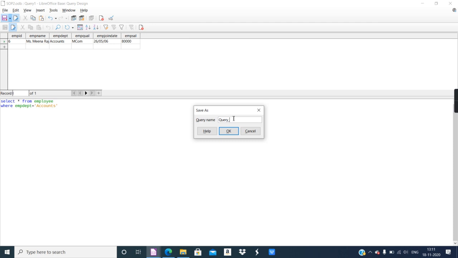Query DEPT. Because during a practical exam, you have to show each and every query output, so it's better to save each and every query. Otherwise the examiner will wait while you type each query and demonstrate, which will be time consuming and your examiner may not be impressed. So it is better to save and show the list of queries. Whichever the examiner demands, just double click, open and show the result in this manner. So this is saved.